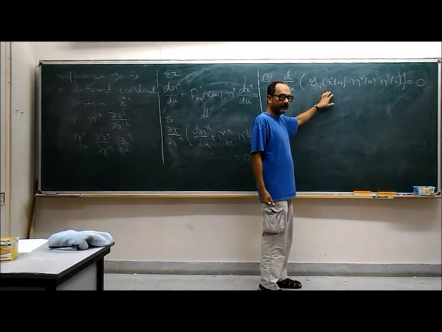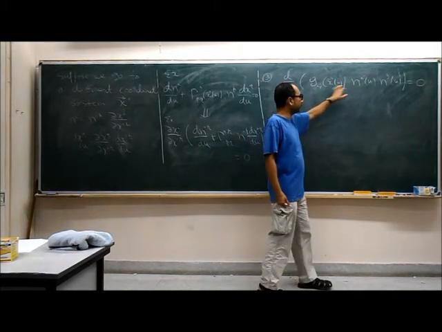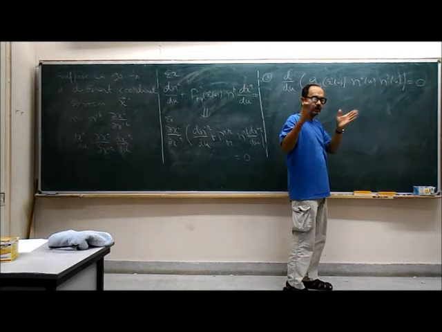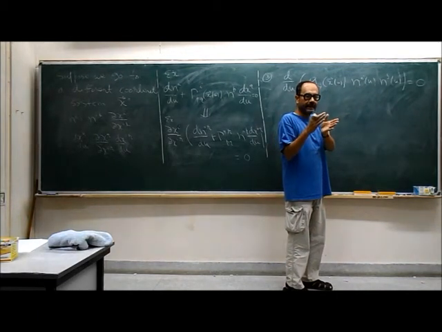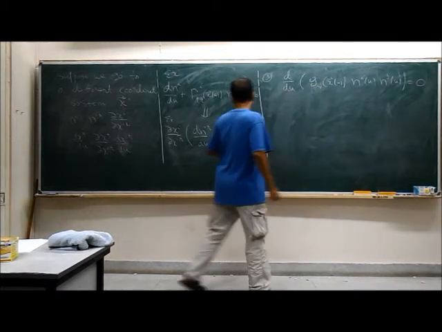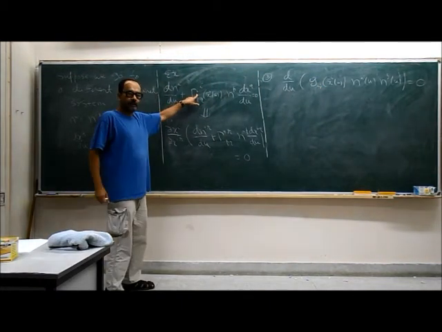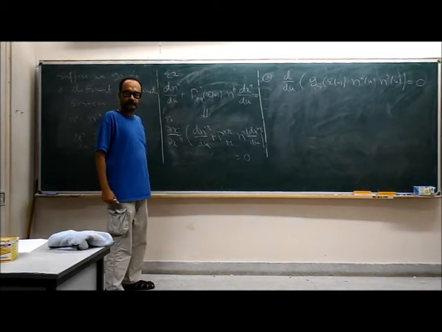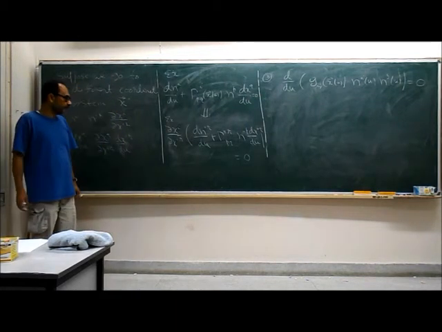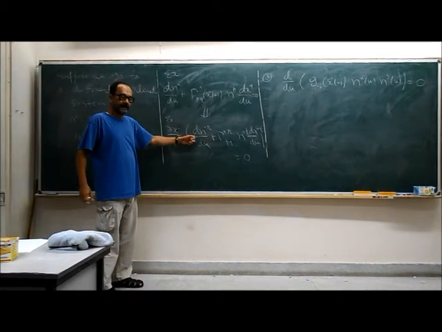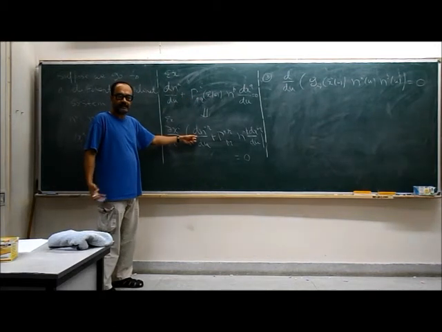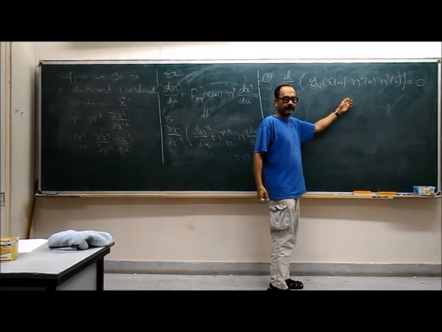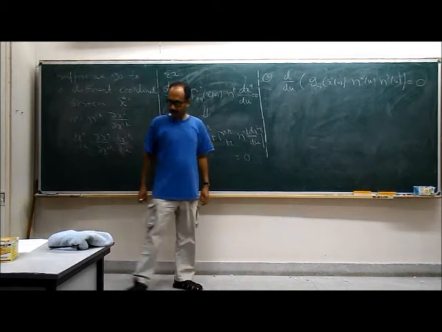So when you calculate d/du, the first term you can put to 0, as well as these, because in the prime coordinate dni/du is 0. That was the definition of parallel transport. N prime i is the same as ni up to order delta u square terms. You can also see from here that in the prime coordinate gamma prime is 0, so the equation is simply dn prime i/du equal to 0. Once you know that this equation is invariant under coordinate transformation, then to prove any other identity you can always go to the prime coordinate and try to prove it.